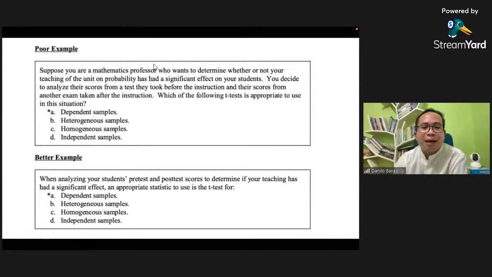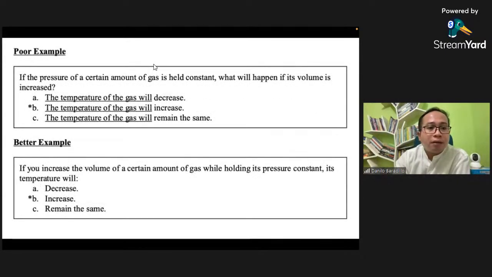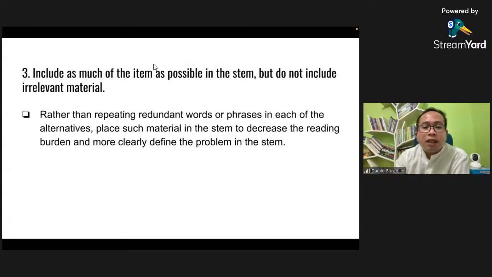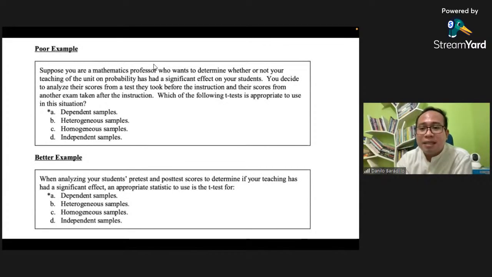Next, another one. Okay. For example, because we're talking about including as much of an item as possible in the stem, but do not include irrelevant material. Let's try to have this example. Okay, in the poor example, you have a lot of irrelevant materials here. Like, for example,